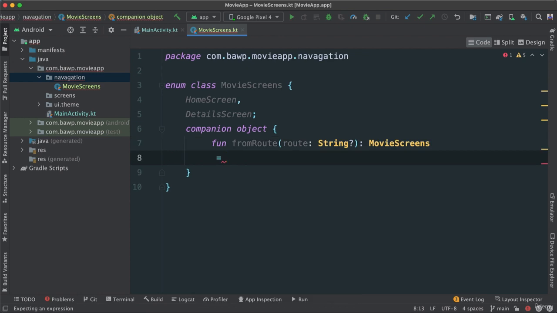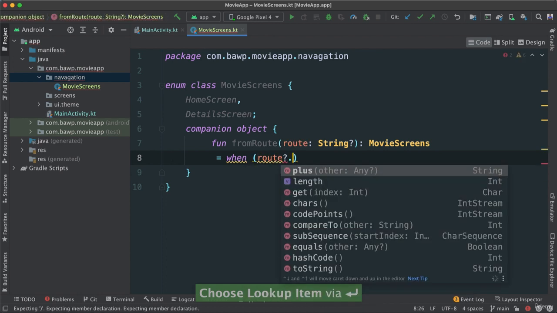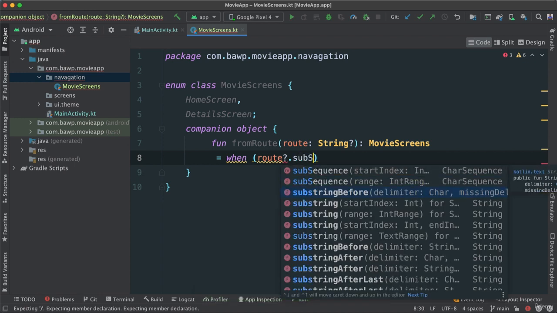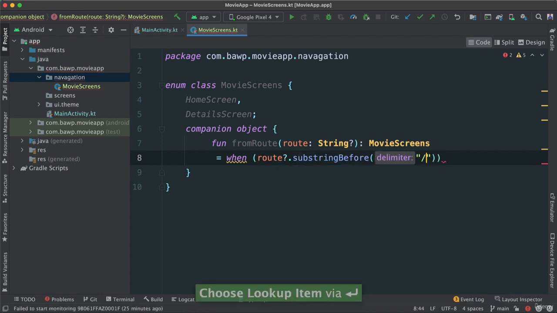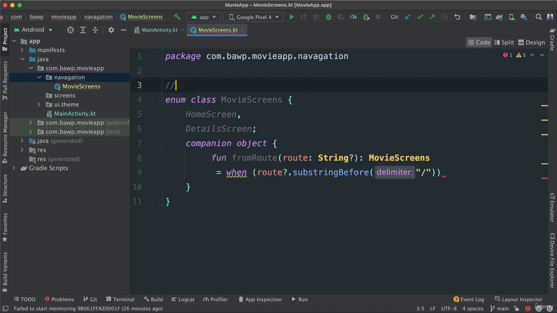And then I'm going to set all of that to a when expression because I want to check a few things. The first thing I'm going to check, of course, is route.substringBefore, and put "/" like that, because the routes in navigation work pretty much just like if you go to a web link, right? So it could be something like